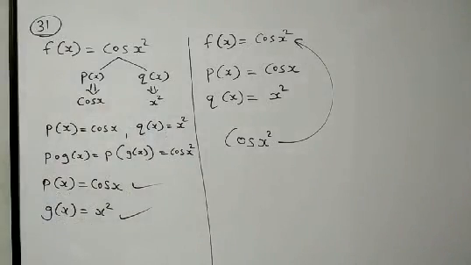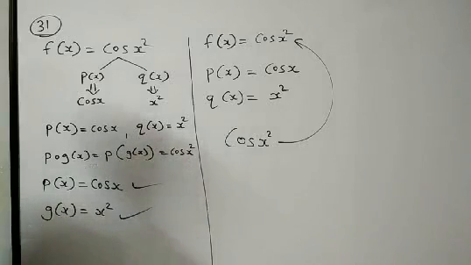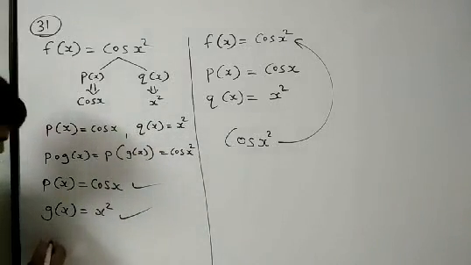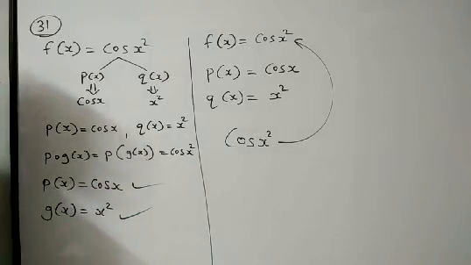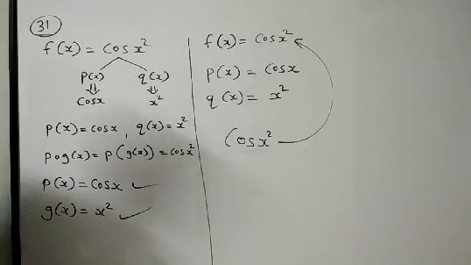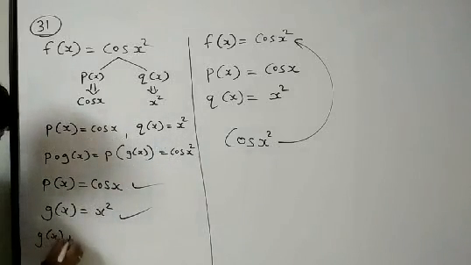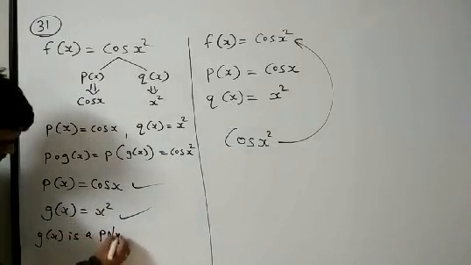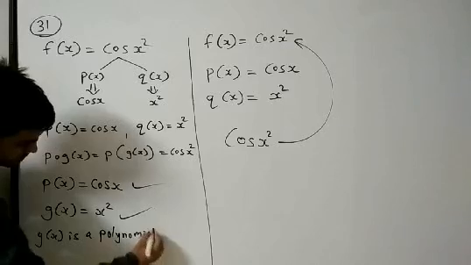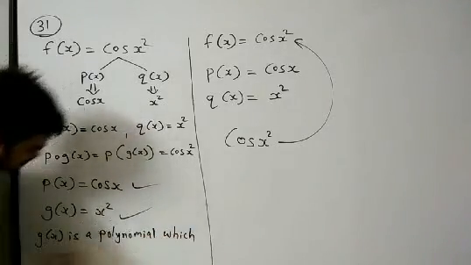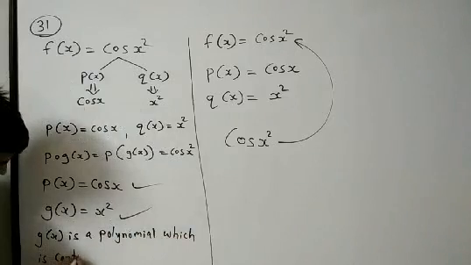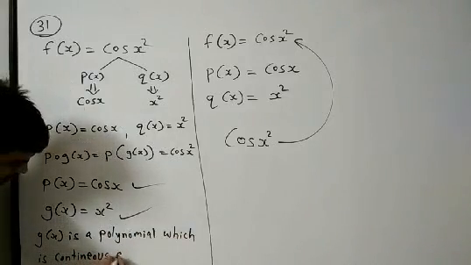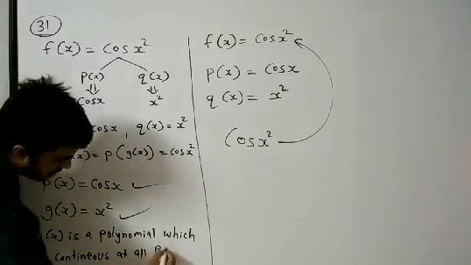So here you have to write the reason. g of x is a polynomial. Polynomial is continuous, and cos x is a continuous function at every value of this g of x. So here this function is continuous, right? Because the reason you have to write. See, what reason you have to write: here you will write g of x is a polynomial which is continuous at all real